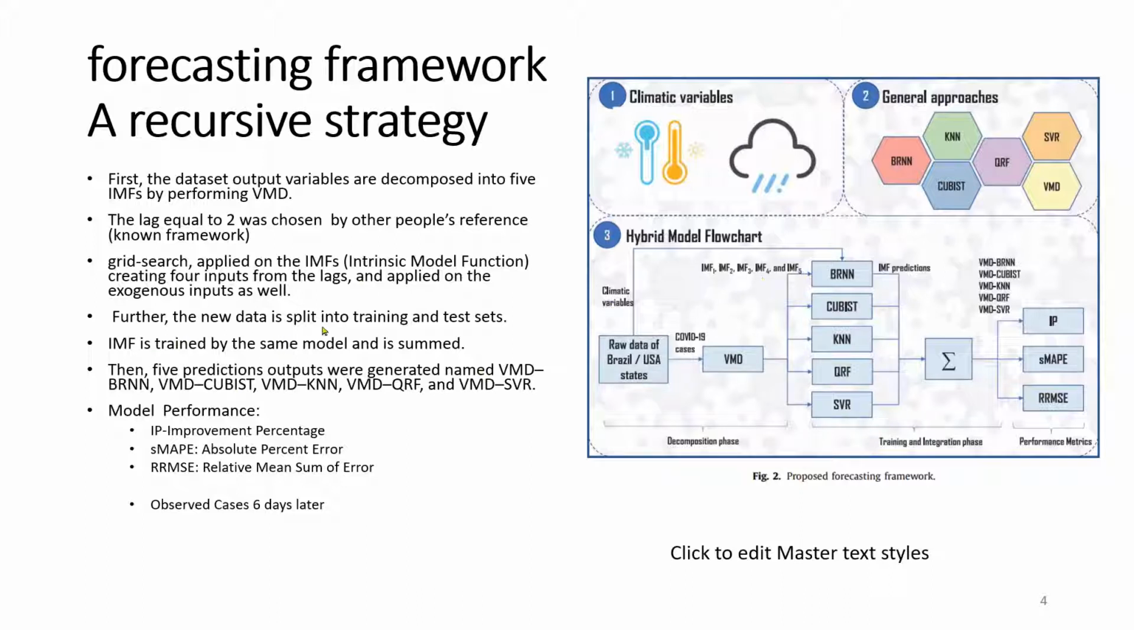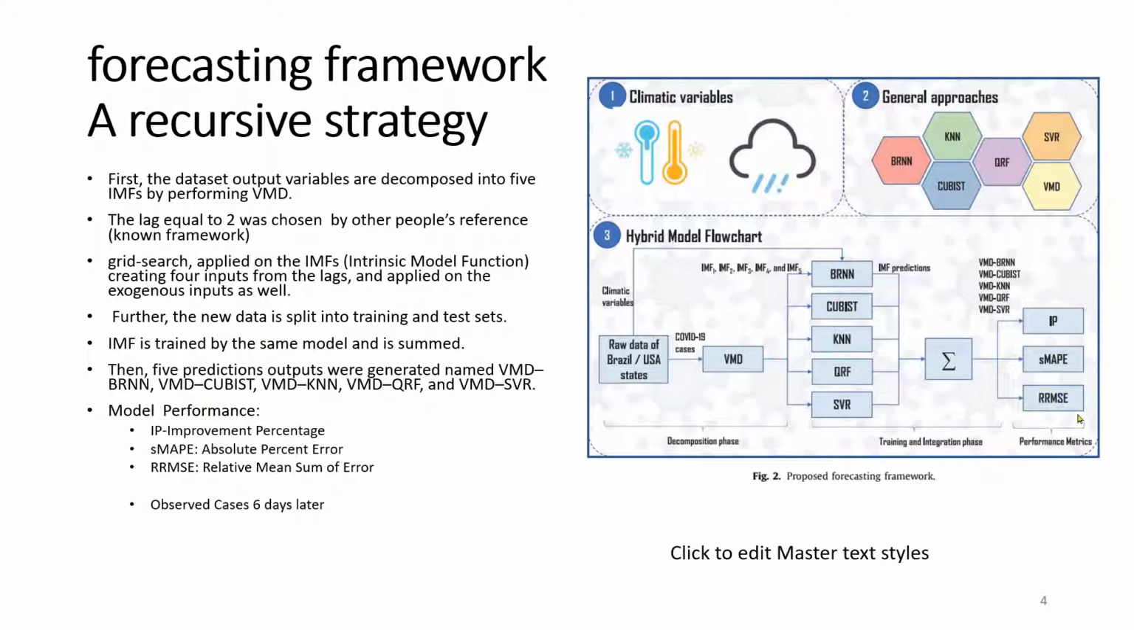So later, the data is split into training and testing, and each IMF is trained within the same model, meaning that IMF1 within, for example, this QBIST model, the lag 1 is trained within itself and summed up within itself, and then it's evaluated. That's what they mean by same model I've trained. Because they applied 5 models, there are 5 of these hybrid, meaning 5 prediction plus